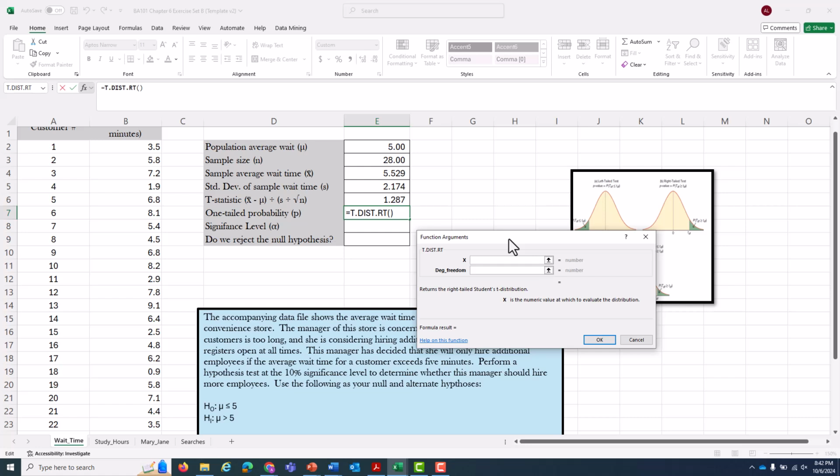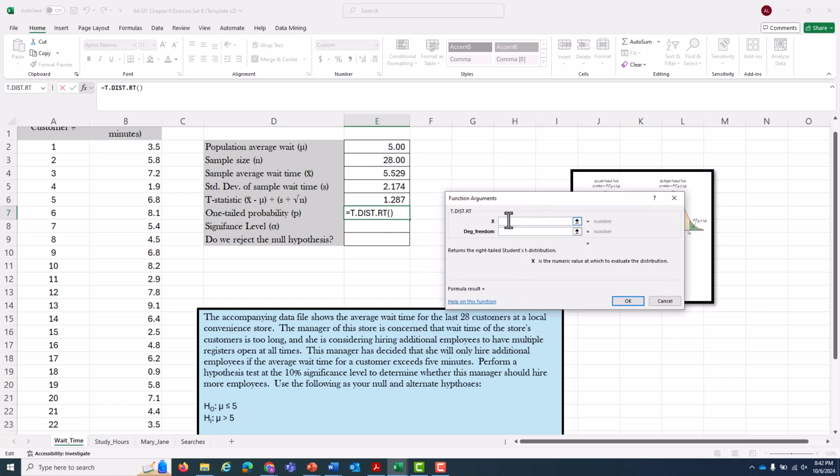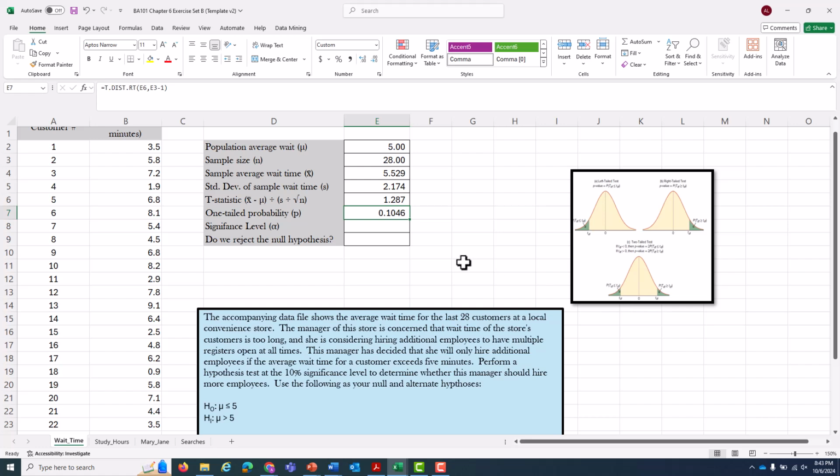And it's going to ask me to input two things. The first is X. Well, X is simply your T statistic. So we calculated that just to be able to determine what our probability is. We have our T statistic of 1.287. The other thing that I need is my degrees of freedom. And the formula for degrees of freedom is always the same. It is always n, in our case 28 in cell E3, minus 1. It's always n minus 1. So with all of that put in, I'm going to hit OK,